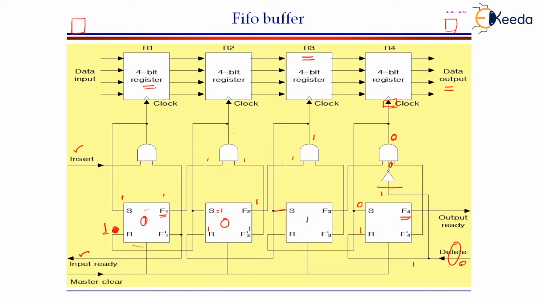Delete line is initially equal to 0 and the output of the NOT gate is equal to 1 and reset is equal to 1. And the delete line, now as it is equal to 1, it is connected to the NOR gate. We used a NOR gate. NOR gate output will be equal to 0 and this makes the output of the AND gate equal to 0. When it is equal to 0, obviously set will be equal to 0 to state that the corresponding register to this flip-flop has no valid data. The data has already been emptied. This is the working principle of a FIFO buffer.